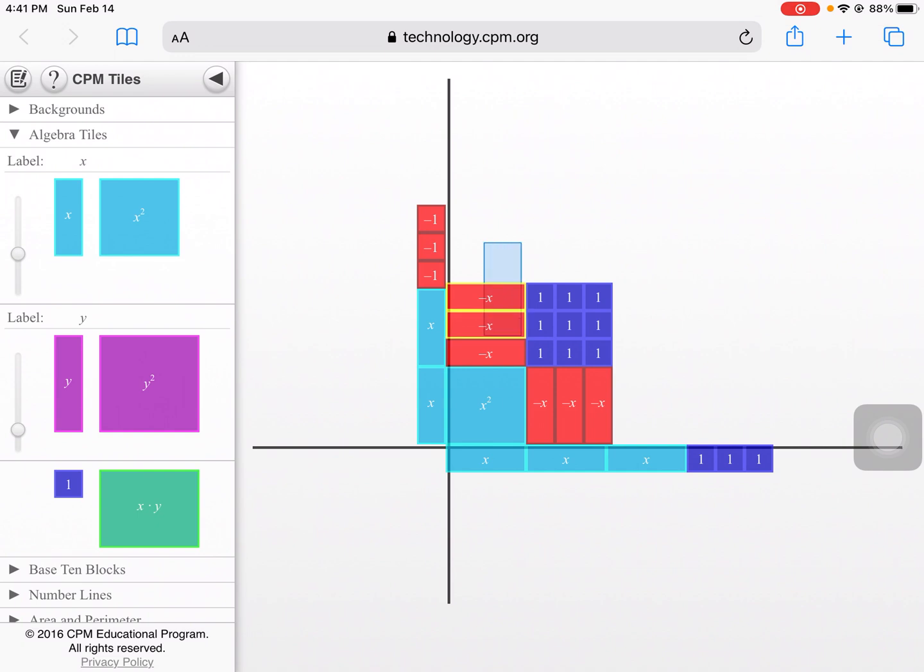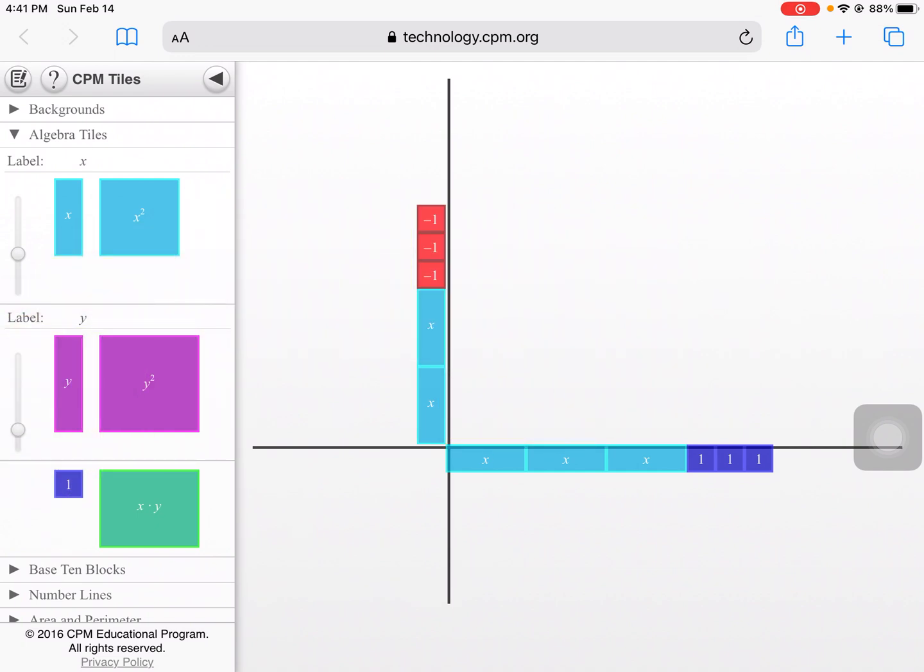And then we need to get rid of what was in there from before. So now we have 2x minus 3 times 3x plus 3, and we'll put these x squared units in where